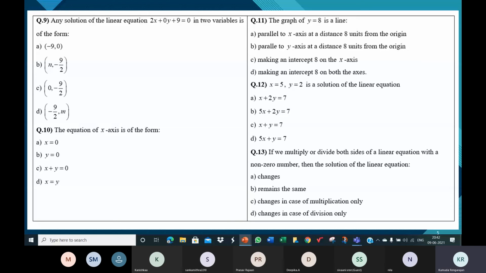See, when you multiply the equation by some non-zero number, so if x plus y is equal to 7, multiply by 2 on both the sides, 2x plus 2y is equal to 14. Now the question is, will the graph of x plus y is equal to 7 and the graph of 2x plus 2y is equal to 14 be the same or be different? If it is the same, that means they'll have the solutions, they don't change.